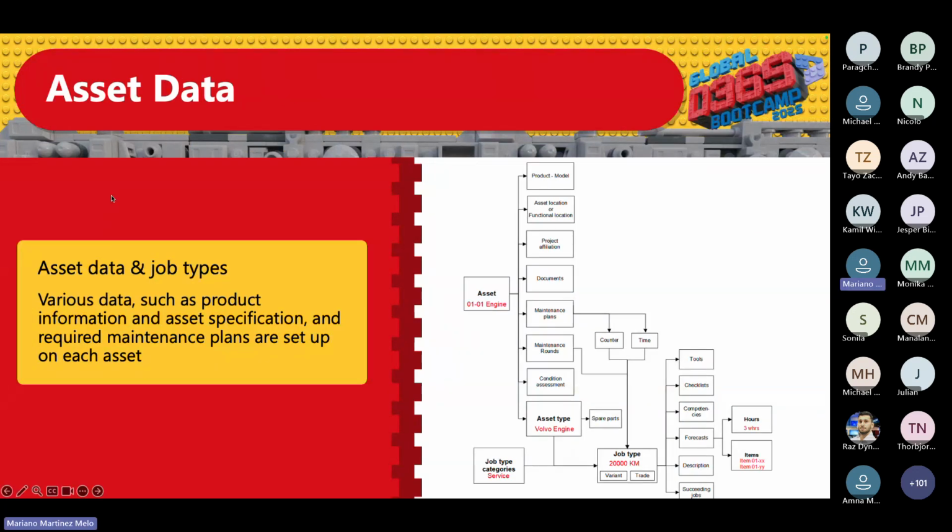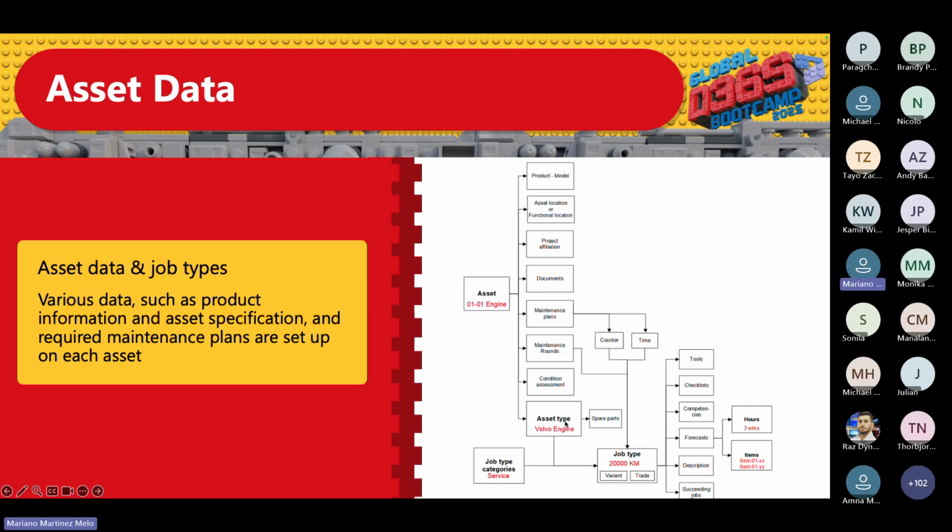Good. So assets have a lot of data that we can populate. Same as we see in the product part, an asset has a lot of different fields we can populate and set up. As part of these fields, for example, if we create an engine as an asset, we can associate a product or a model,